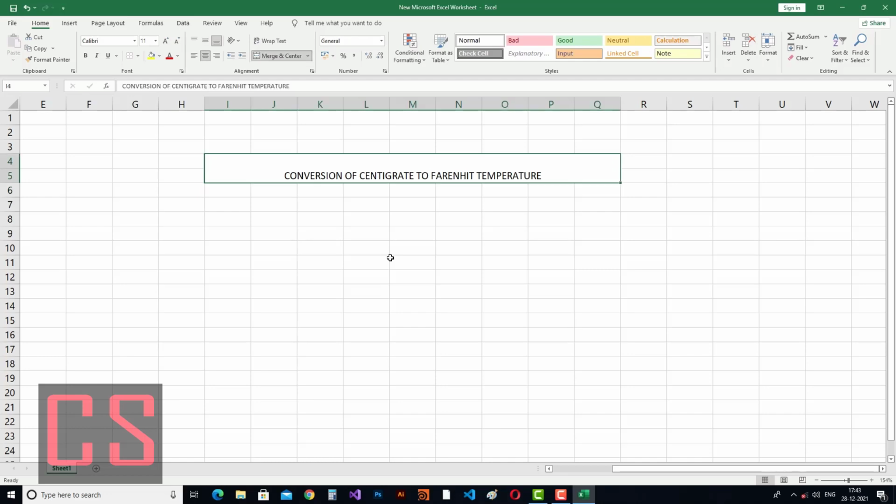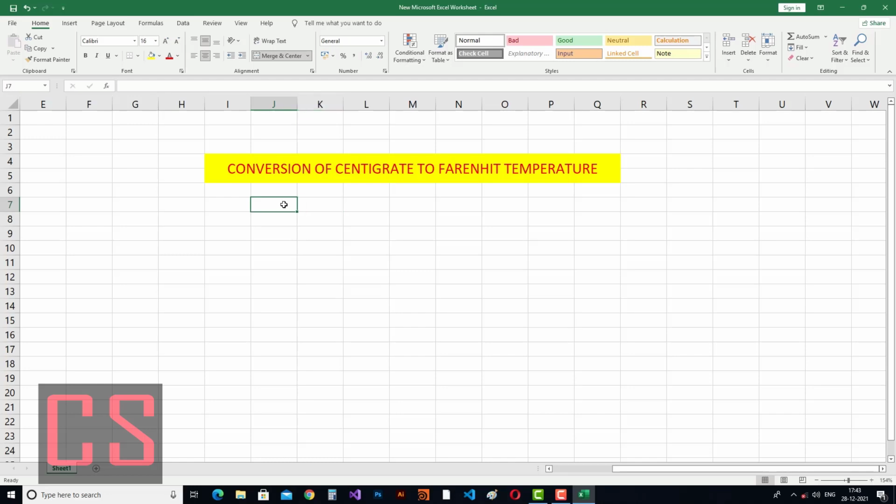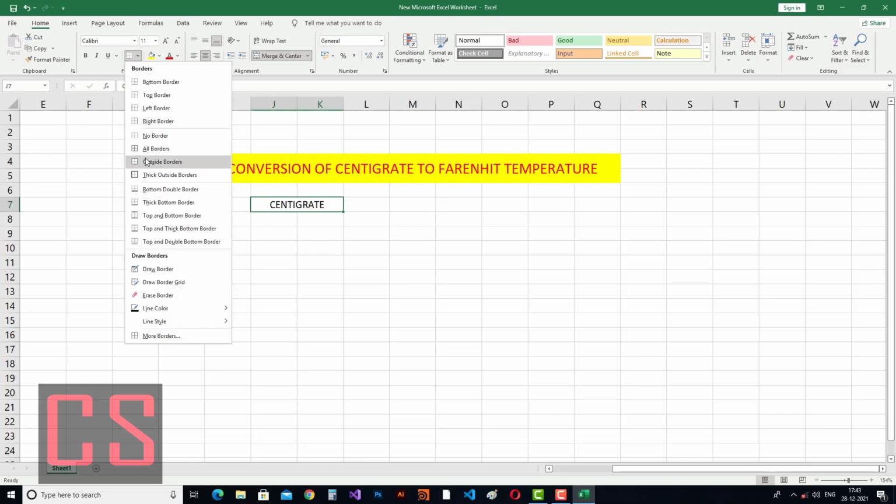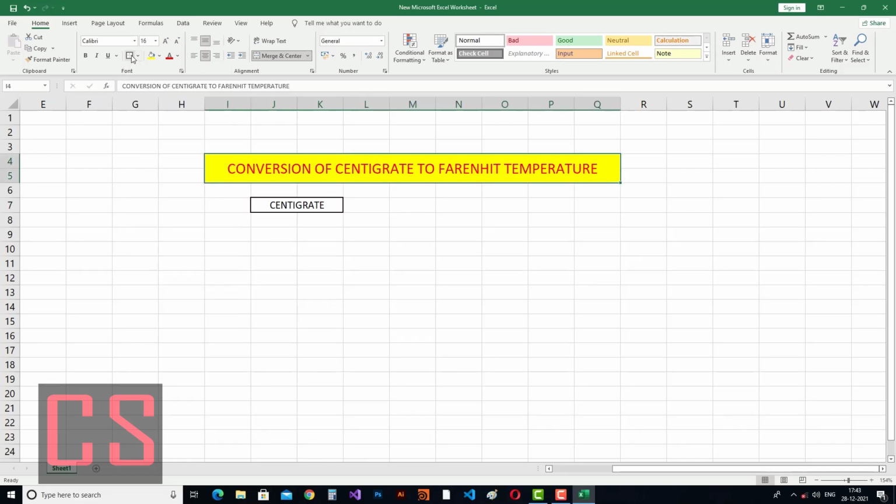Okay, now I am giving some background, some foreground, some position, some bigger size. Now this is the centigrade value position. We'll give the value of centigrade. We must have a good border around it so that it looks very nice.